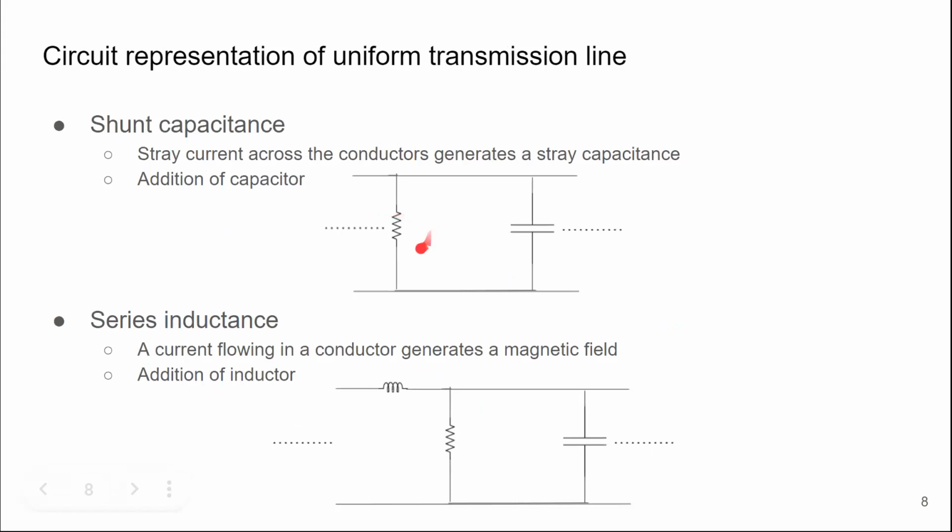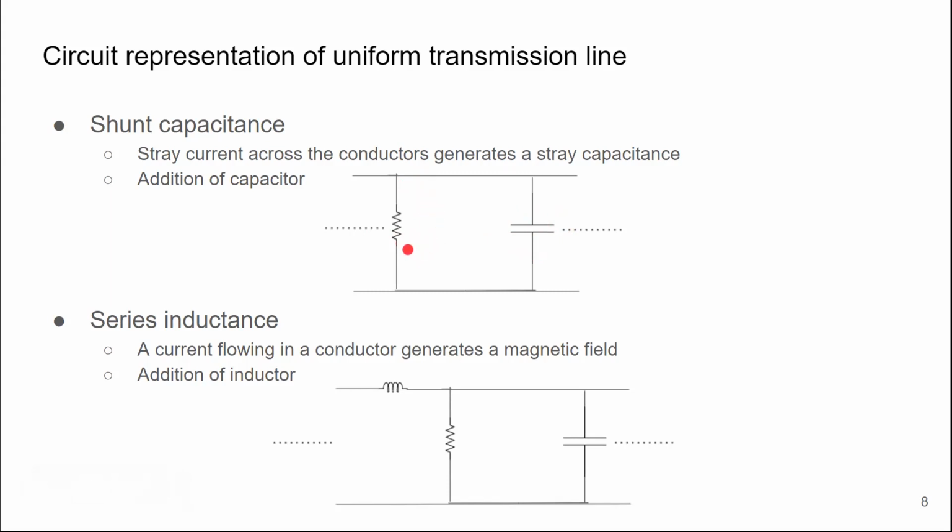Next, we denote the voltage that is generated across this resistor using a capacitor. So the stray capacitance that is generated is denoted using the capacitor that is in parallel to the resistor, right? So the capacitor will denote the capacitance that is getting stored because of the voltage that is created across the resistor